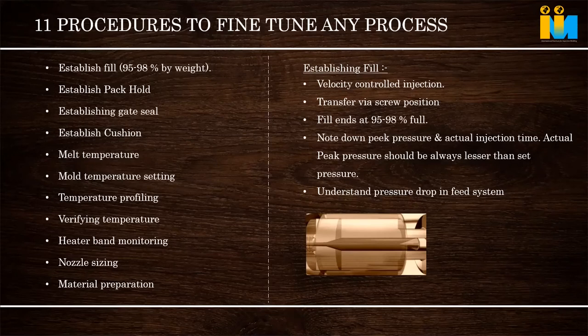It is a little costly, but it gives proper results, and the material has to be dried to the desired percentage of moisture, like 0.02, which is common for most raw materials. So before molding, the moisture content should be 0.02, and every material absorbs some amount of moisture based on its capability, its saturation limit. Some absorb up to 2% for nylon, 2.5%, some more than that. PC and others absorb 0.5%, Noryl and PPO absorb 0.1%. So based on that, preheating and material preparation has to be done.